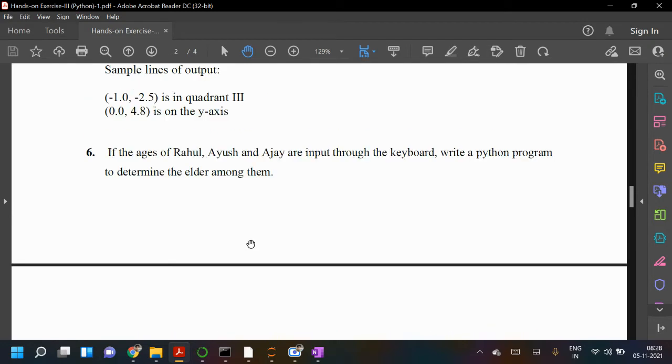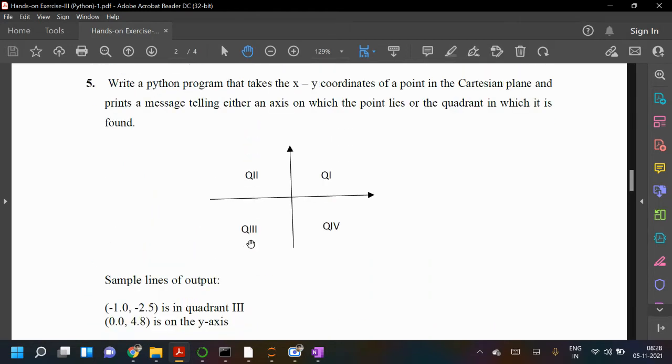Okay, so this is a question for those who have already done the fifth, and those who have not done, please write it. So I'm also writing, you can check.